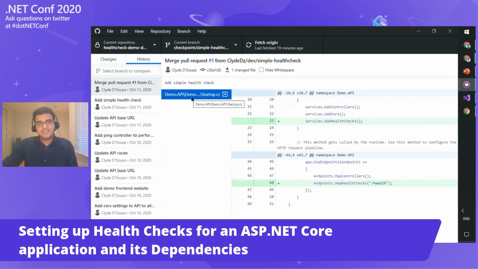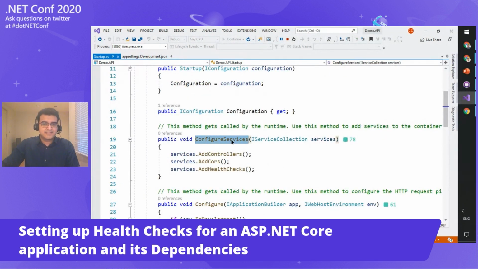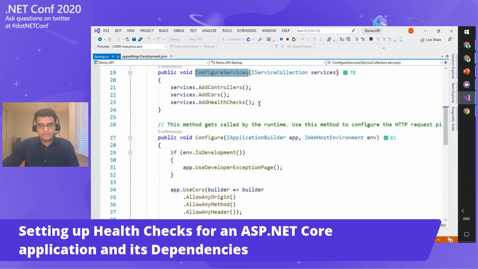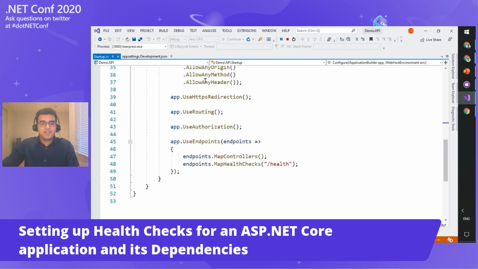In the history of changes that have been made for this particular demo, you would see that there's only one file that has been changed, with just 2 lines of code added. If I take a look at the same startup file in Visual Studio, I can see that in my configure services method, I start off by registering my health check service using the add health checks method. And then later in the configure method, I am registering a custom endpoint for my health check service using the